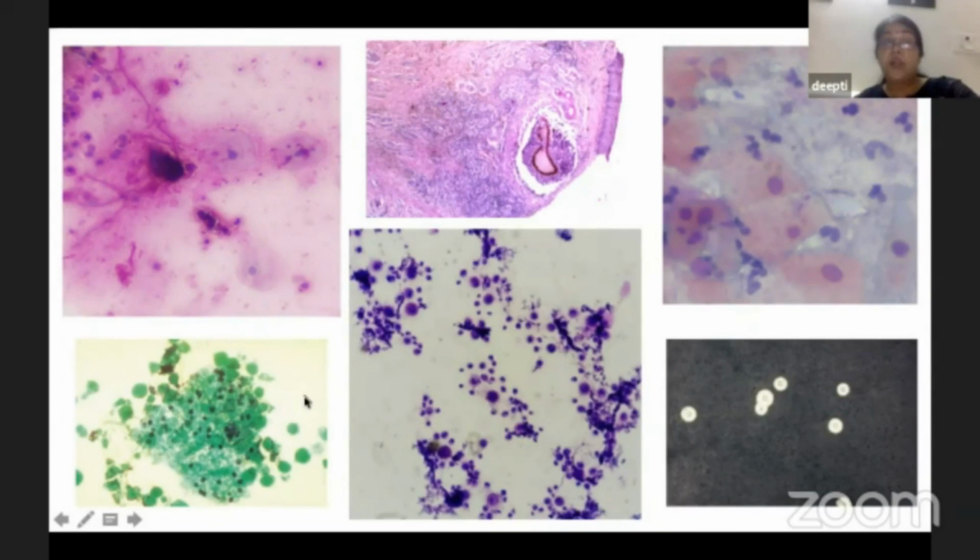So for every section there are different routine stains, and the special stains more or less remain the same. This is a bronchoalveolar lavage specimen. And after centrifuging and preparing the sediment, it was stained with GMS stain, and you are seeing these cystic organisms which persist of pneumocystis. These are cryptococcal organisms which were detected in CSF. And this is a slide of pap smear. Now, first coming to hematological specimens.